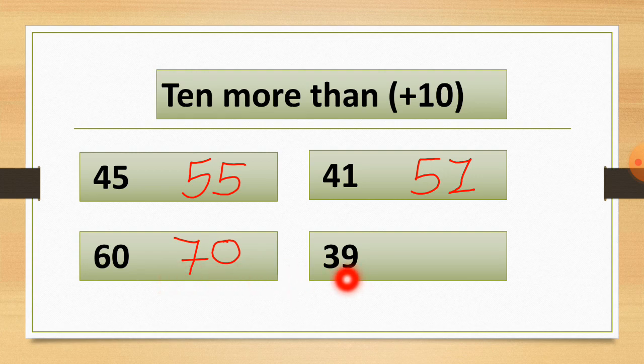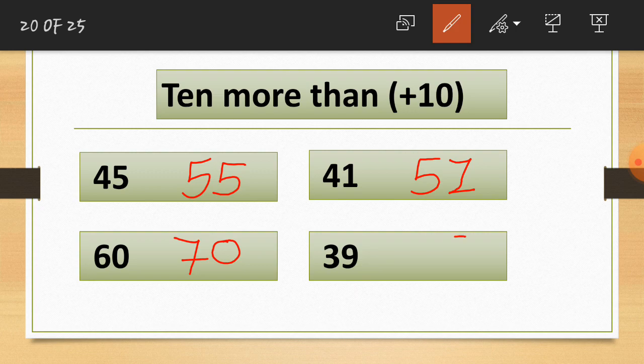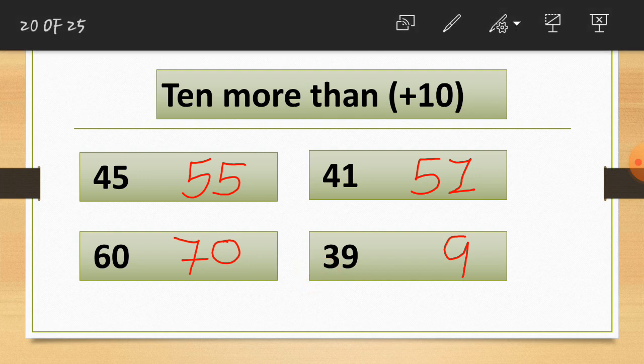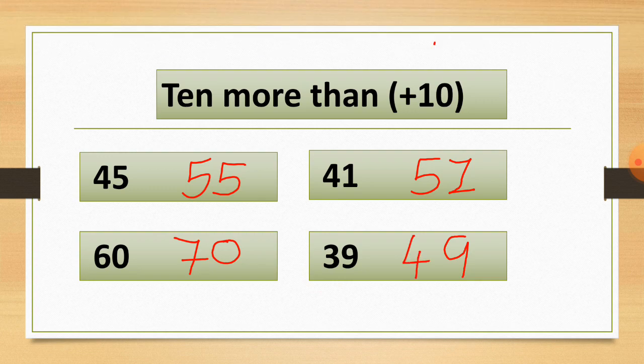Now let's move to the next example, which is 39. So I write this 9, which is at the ones place, as it is. So I write this 9 here, you can see. Now here is the tens value, which is 3. So we will add one number in the 3. So the answer is 4. 3 plus 1 is equal to 4. So here we get the answer 49. If you add 10 to 39, you will get the answer 49, and you can see how